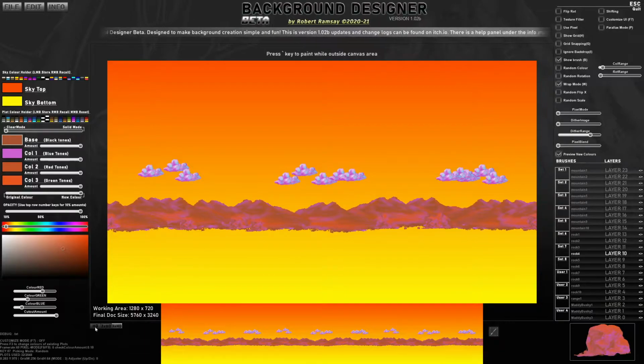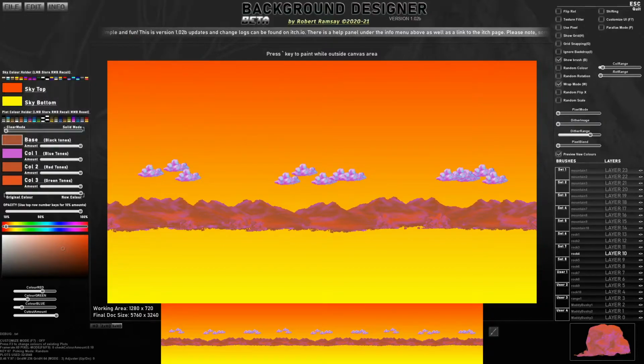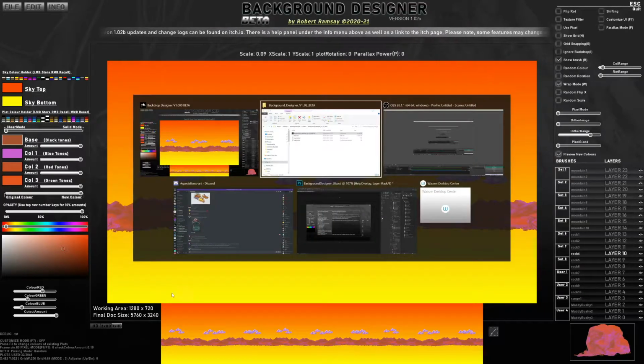And yeah, you can change this to be a much bigger document, so you keep a lot of the resolution here. So if I save this, I'll just do export image, and I can call this background test. Right, so that's just going to give me a PNG at this big resolution. Now if I open that up in Photoshop,